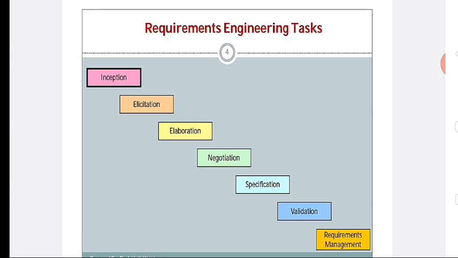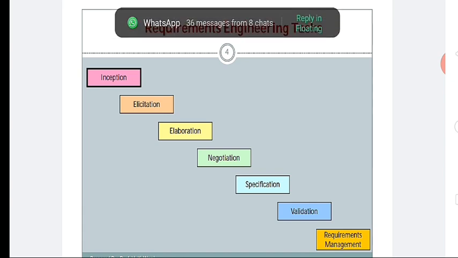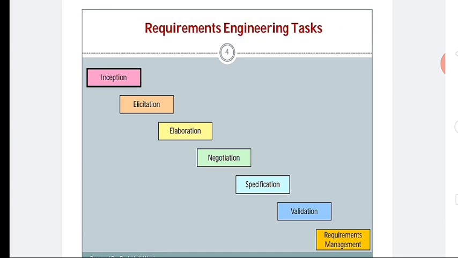Then elaboration: according to the requirements we have analyzed, we perform development in the elaboration phase. After that, negotiation, which is related to your final project cost.